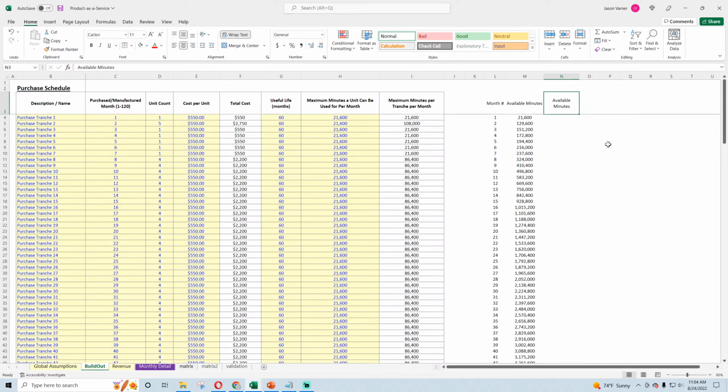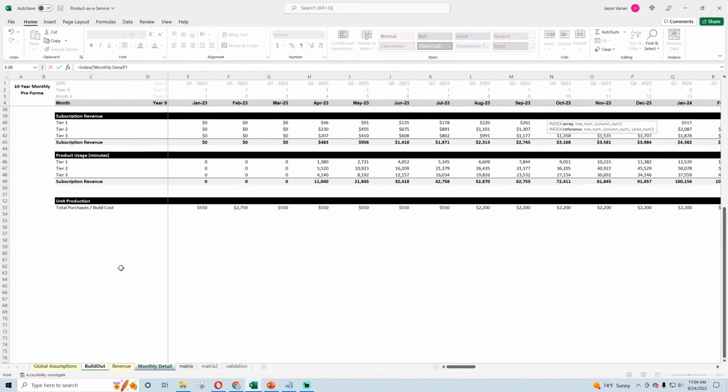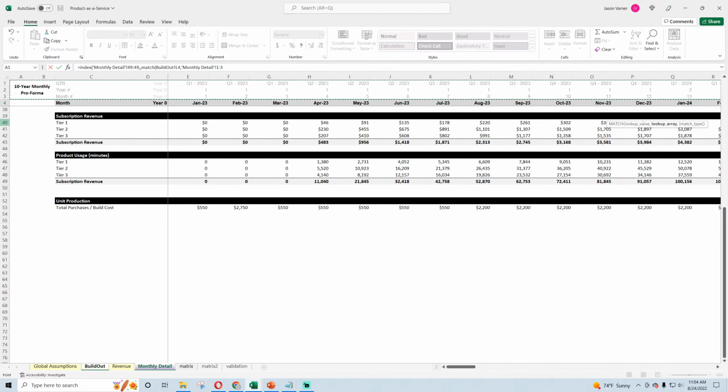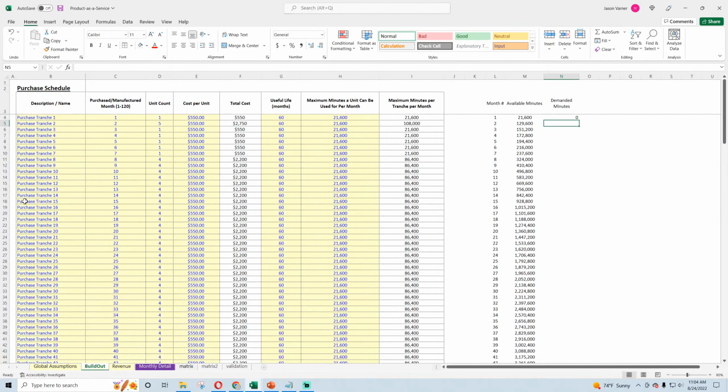What we need to know is, okay, here's our available minutes. Let's look at our demanded minutes. We want to basically get close to that and not go under it. So demanded minutes, we take this number that we just figured out on the monthly detail here. I'll have to change this, it's the wrong title, but that's fine. I match the month here with the month on our model here and get the demanded minutes.